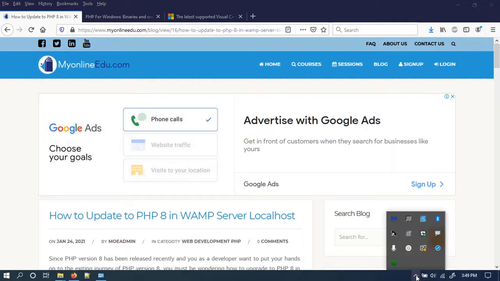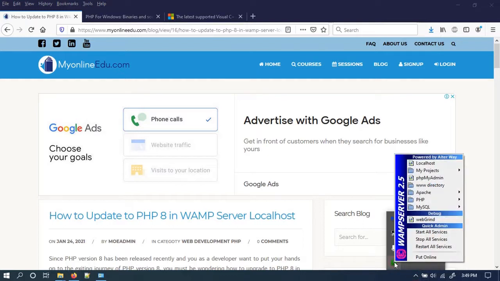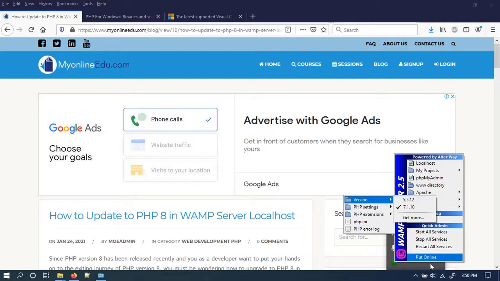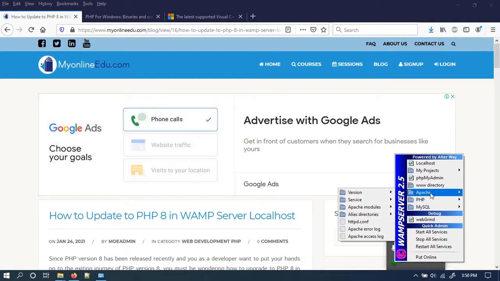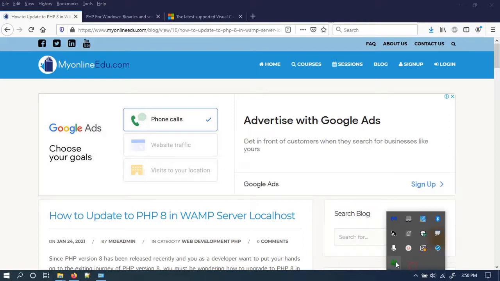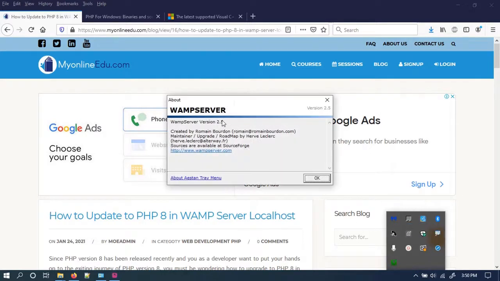So let's say I have a WAMP server installed, and in this WAMP server I go to PHP and then versions. You see there are two different versions available. This WAMP has the Apache version of 2.4.9, and this WAMP version is 2.5.